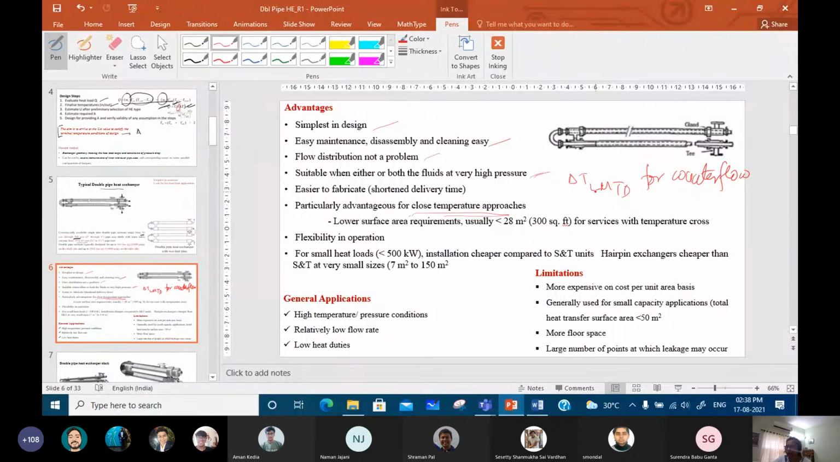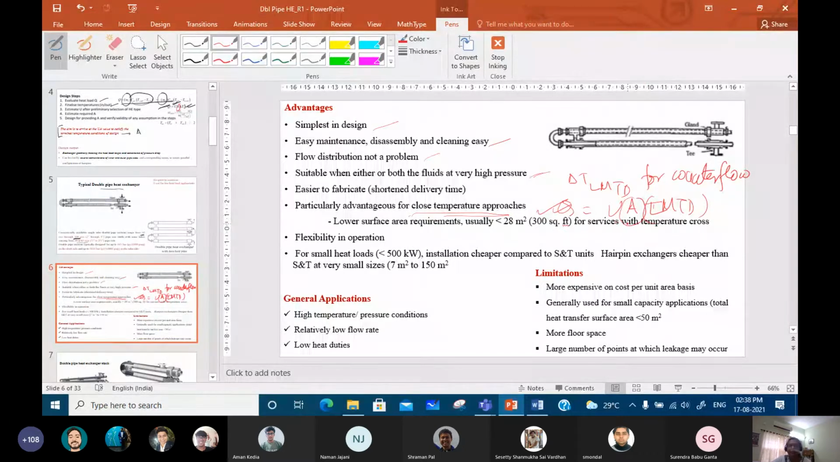If delta T LMTD is higher, then naturally what happens? Q equals UA LMTD. So if this is higher, naturally for the same Q, if we assume that the U is not influenced by whether it's co or counter-current flow, we can arrive at a heat exchanger with a lower heat transfer area. So this is one particular advantage, the lower surface area requirement,